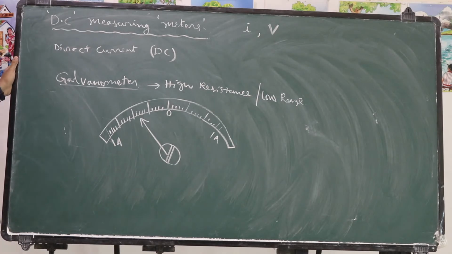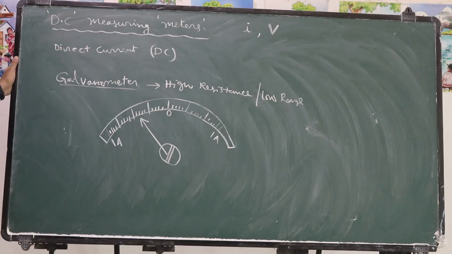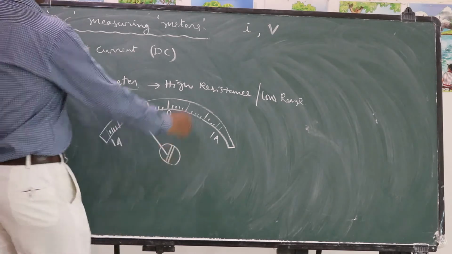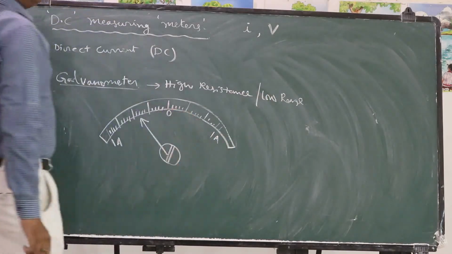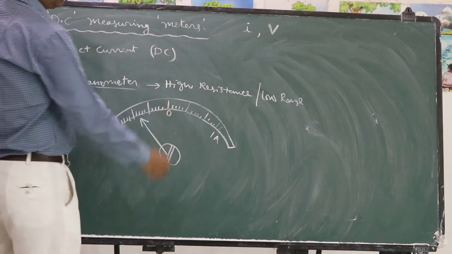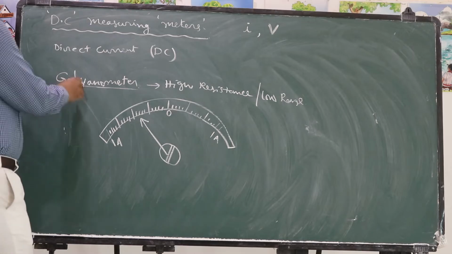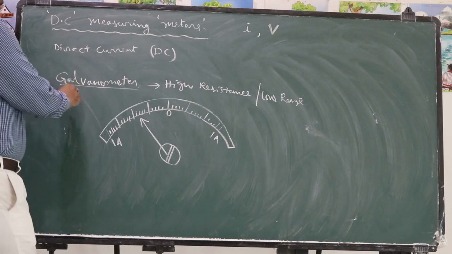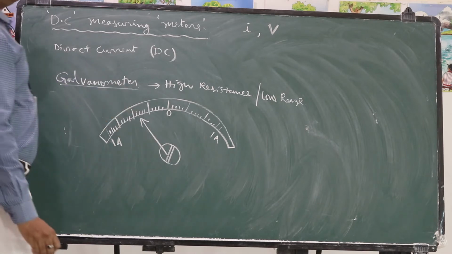So the galvanometer is an instrument which is used to know the presence of current in a circuit, to know the direction of motion of current, and to measure small amounts of current. Why only small amounts of current? Due to high resistance, it has a very low range. So it can measure a few milliamperes or microamperes passing through the circuit. So it is not much useful to us. We should convert this galvanometer into other meters like the ammeter and voltmeter.